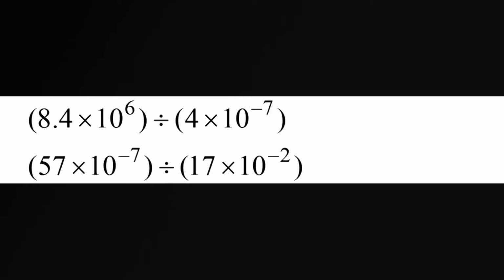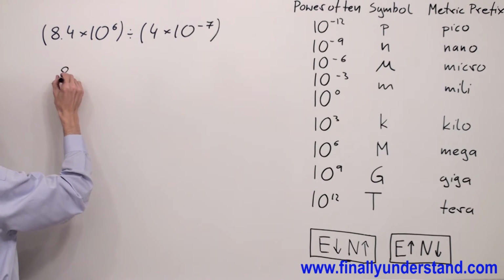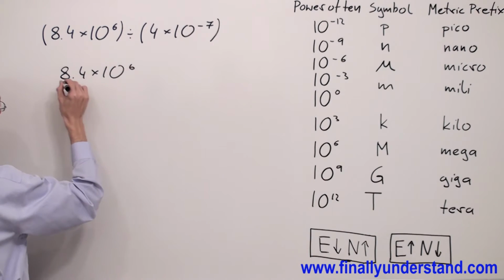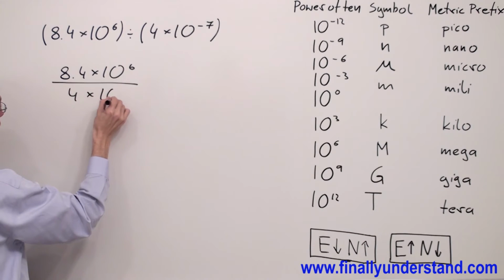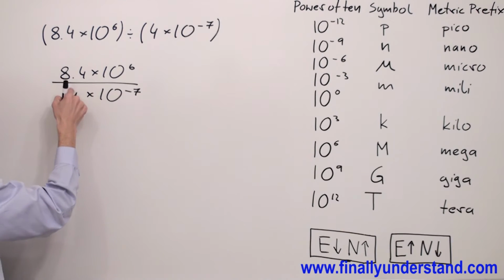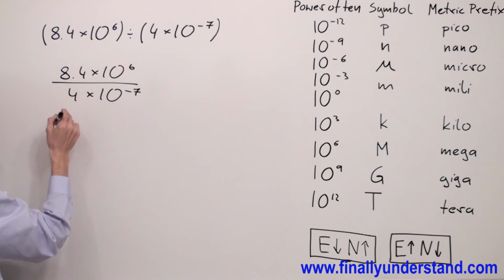Let's take a look at this example. I'm going to rewrite this problem in the fraction form. So I'm going to have 8.4 times 10 to the 6th over 4 times 10 to negative 7. I have to divide these two numbers first. 8.4 divided by 4 is